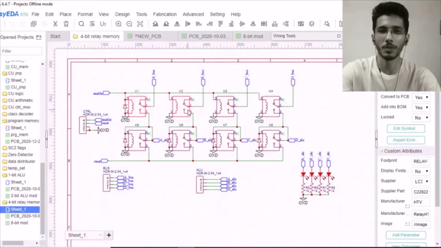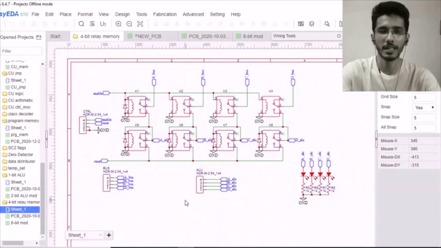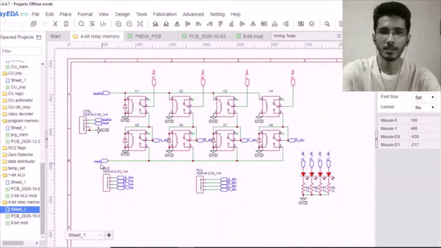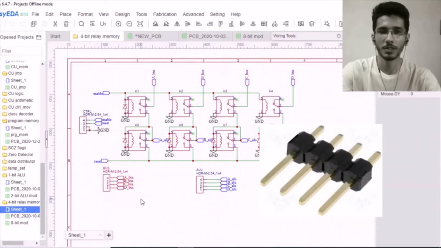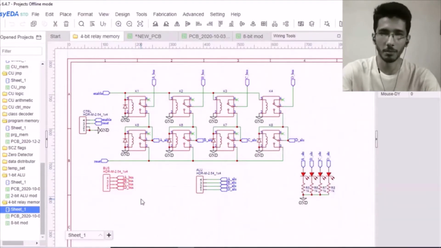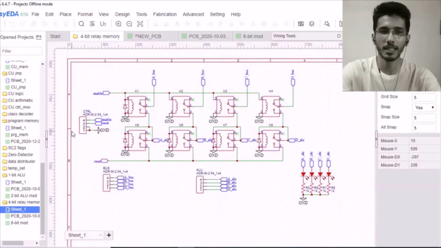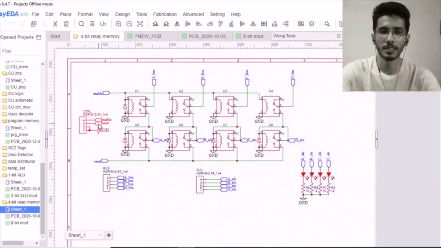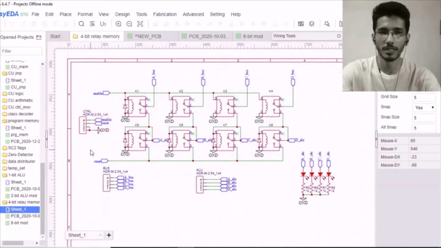So the relays on top are the isolation switches. Their coil is connected to the enable line, and the common terminals of all the relays on top are considered as the external data lines. These external data lines are then connected to this 4-pin header, which is for connecting to the actual data bus. The enable and reset line are connected to this 4-pin header. The top one is the enable line, the bottom is reset, and the remaining 2 lines I've connected to ground.